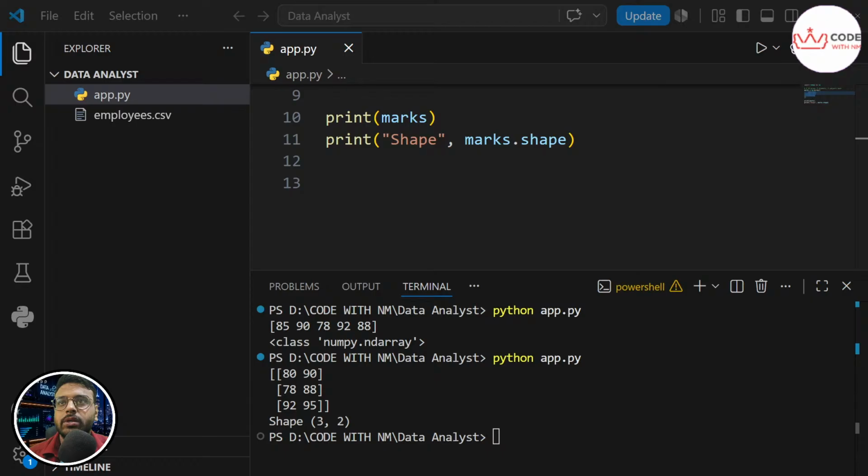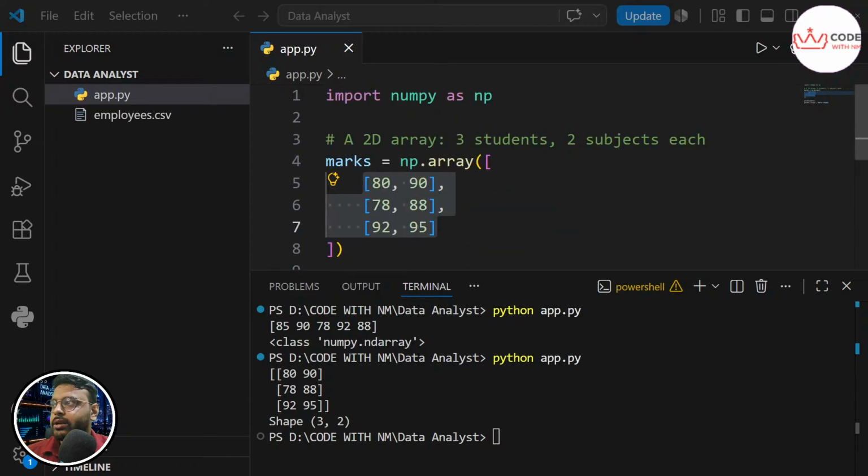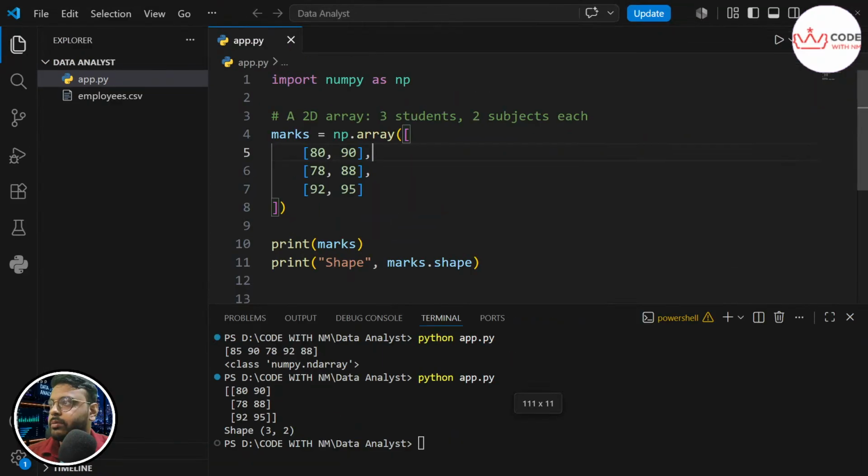Okay, now for this code, let me zoom in a bit and explain a few things here, which are the beginner mistakes that learners starting with data analytics or Python usually make. First thing first, forgetting to import NumPy as np at the top of the file. Python will throw a NameError: name 'np' is not defined. So make sure you always have all the imports at the top.